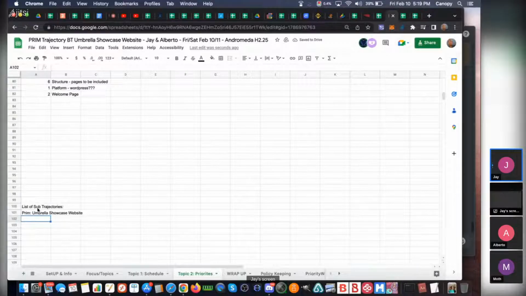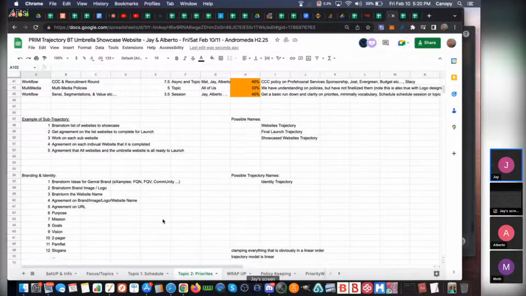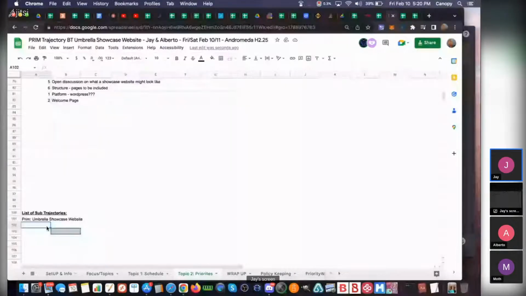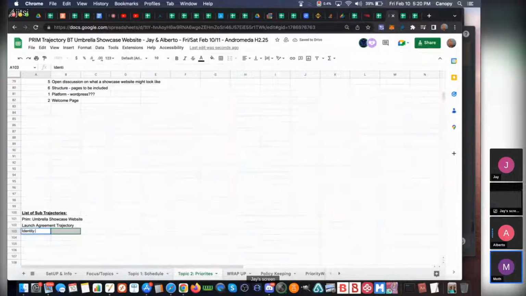Every main trajectory would have its own sub-trajectory. Then we've got the launch trajectory, the identity trajectory, and the umbrella website trajectory. These are the sub-trajectories.